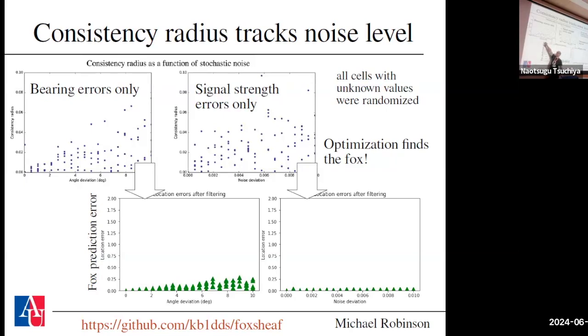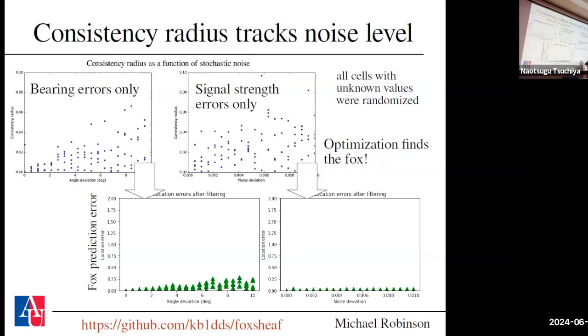This is just the bearing side of the house. This is just the signal strength side of the house. Both are involved in this particular example. The vertical axis on the top 2 plots tell you consistency radius, i.e. residual that you're seeing just given the noise before we've optimized it. You can see as you increase the noise, the consistency radius goes up. That's reasonable. Then when you run the optimizations,